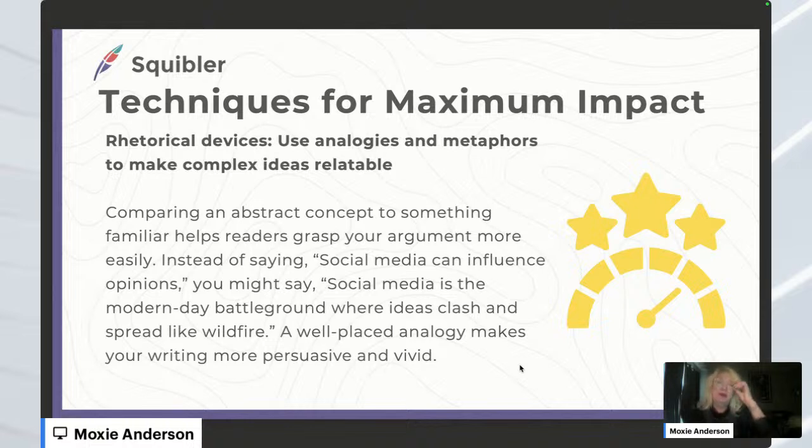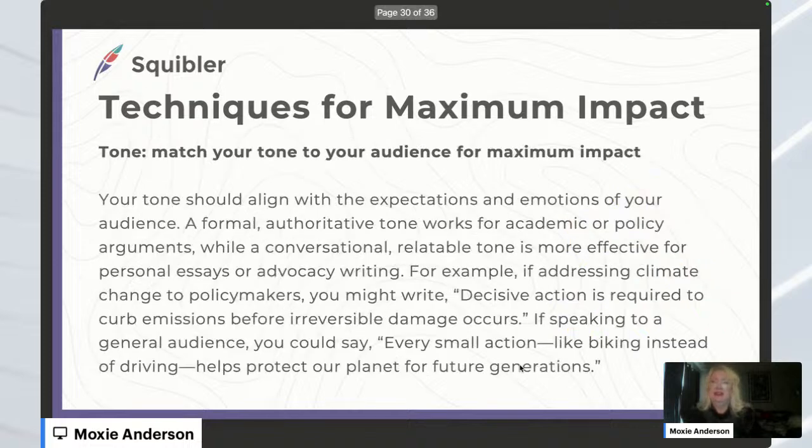And Scribbler's AI can do this for you. You can use the describe function, highlight the part that you'd like to create a metaphor with, and then use the metaphor tab. You also want to make sure that your tone is something that you're thinking about with writing